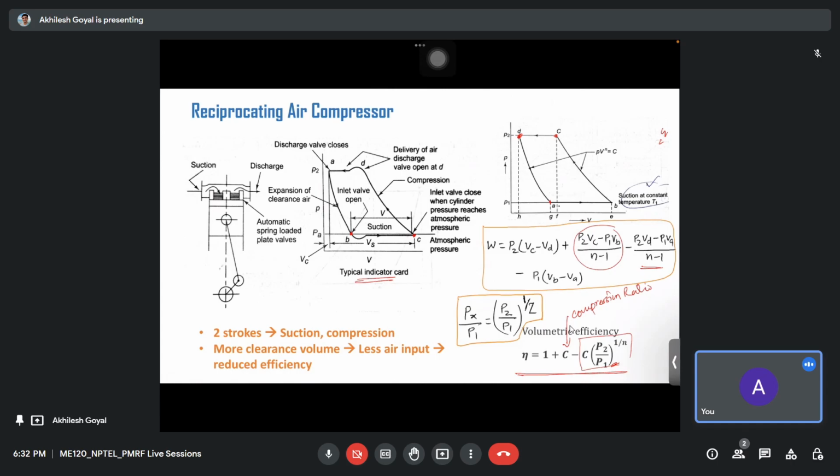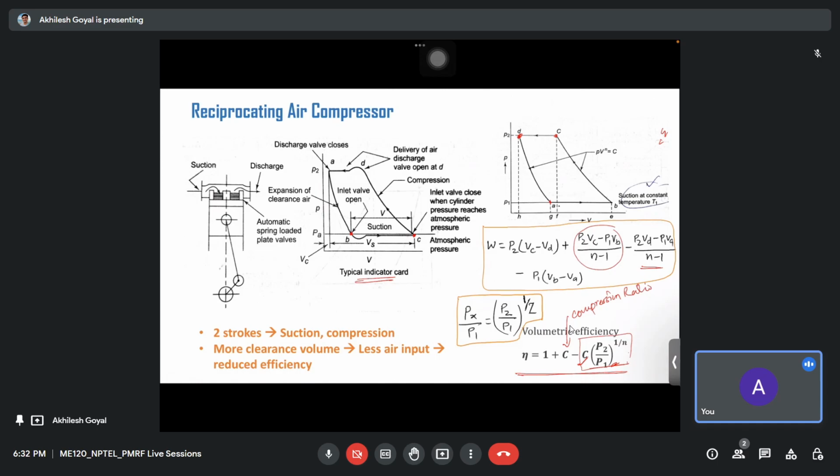So higher pressure ratio means lower volumetric efficiency. Similarly, the higher the value of c, this term is also high. So the volumetric efficiency decreases with increasing